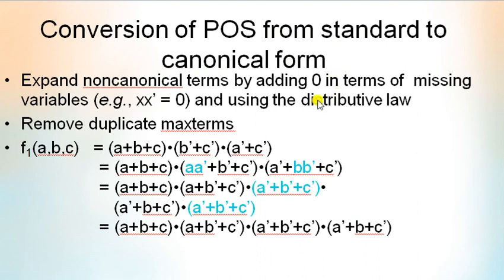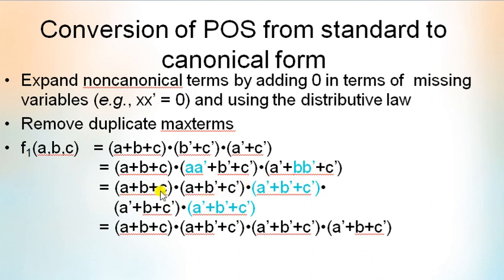Like the last example, expand non-canonical terms by adding 0 in terms of missing variables. Consider this example: a plus b plus c dot b dash plus c dash dot a dash plus c dash. There is absence of the variable a, so we will add a a dash. A a dash means 0, right? So when we add it, there is no change of value. So add a a dash here and also b b dash here in the absence of b, and using the distributive law,